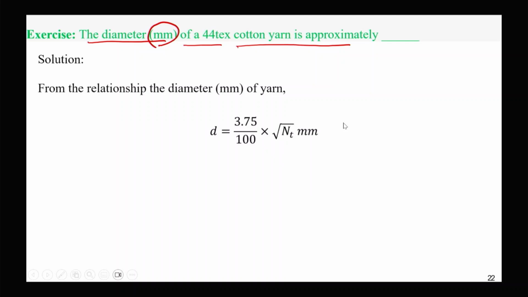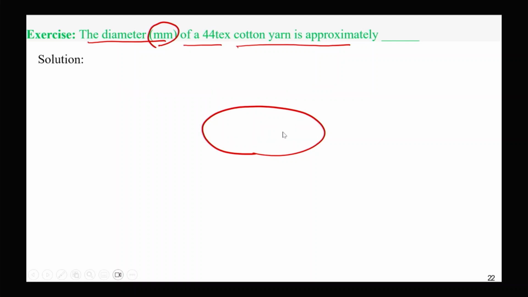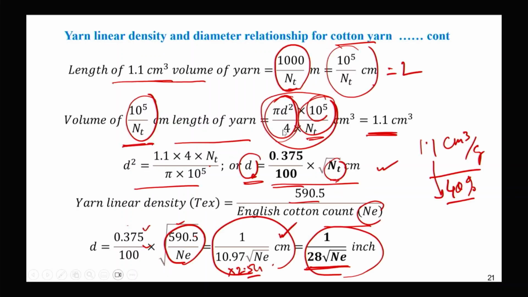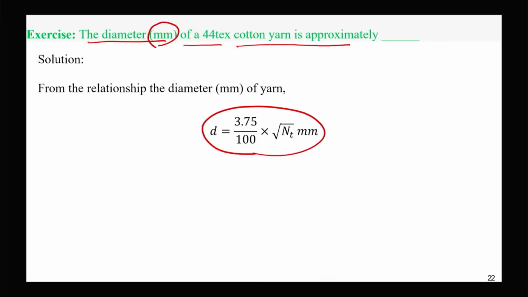So this is the relationship we have derived. So we can just go back. So this was the relationship for centimeter. We can get it. This is 3.75 by 100 millimeter, and